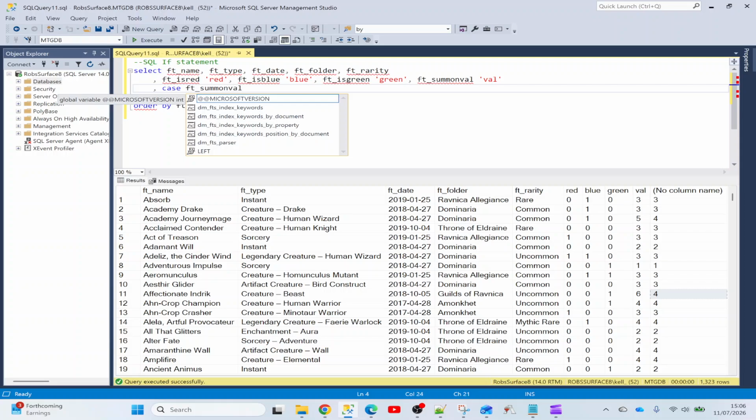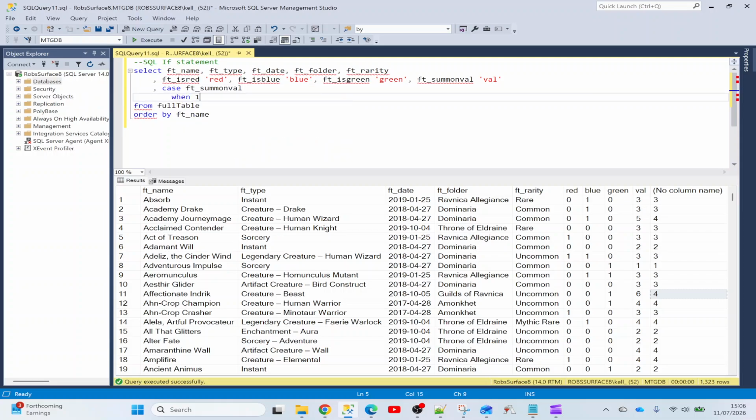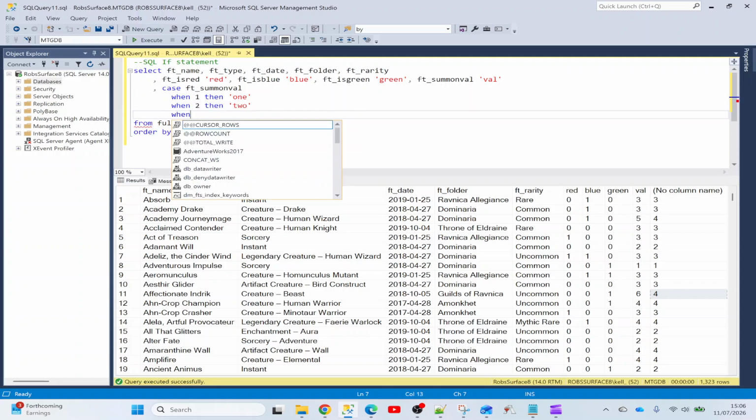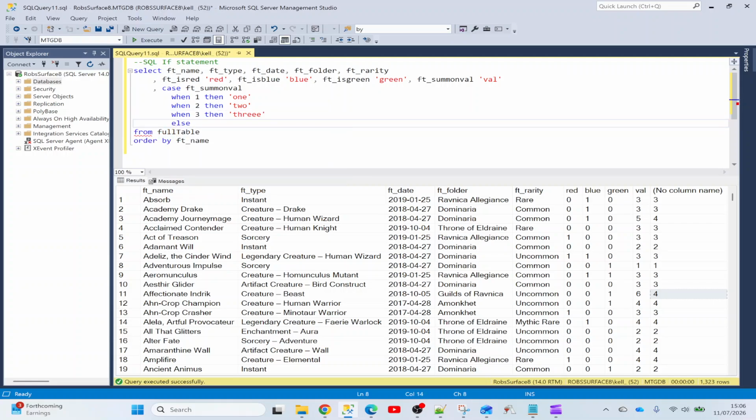So case ft sum and val, and then I can say when 1, then 1, when 2, then 2, when 3, then 3, else more end. And if I run that,